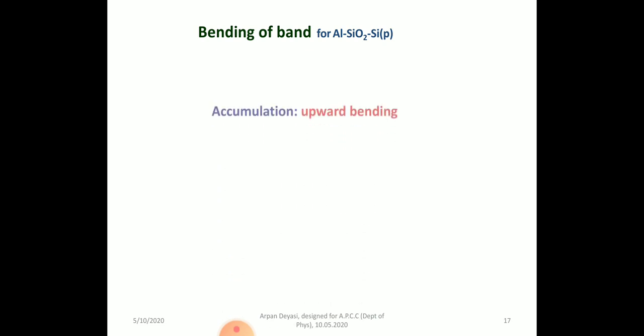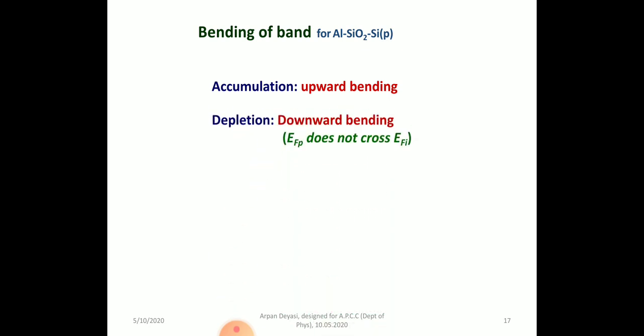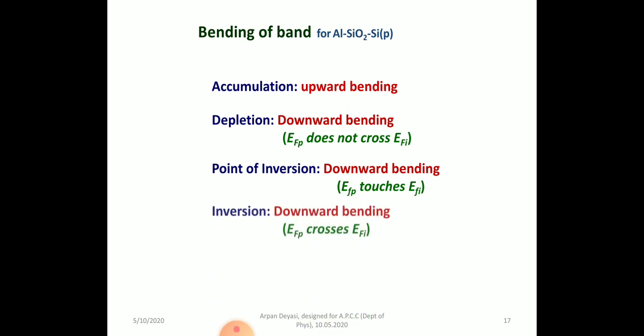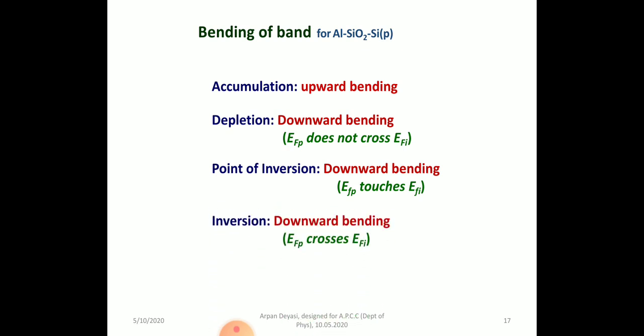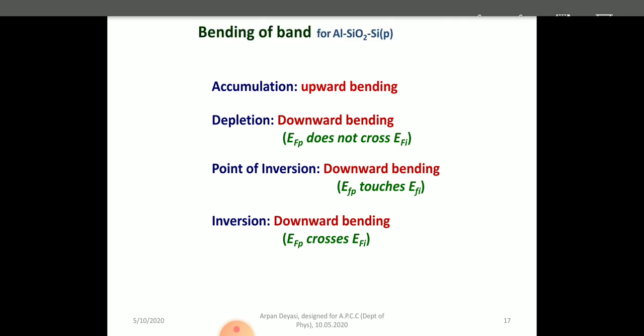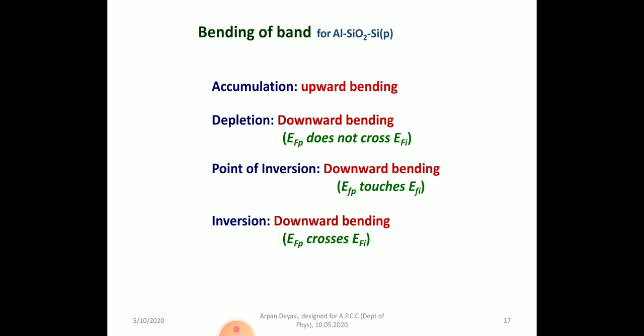So, what will be the bending of the band? In accumulation, it will be upward bending. In depletion, it will be downward bending, but EFI should not cross EF. At the point of inversion, EFI will touch EF with downward bending. And for inversion, EFI will cross EF and it will be downward bending. So that gives the total variation, the band bending and the surface and Fermi potential relation for accumulation, depletion and